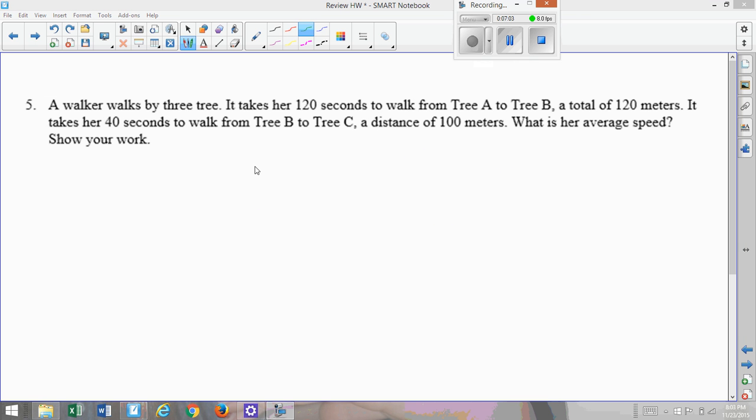Okay, a walker walks by 3 trees, it should say. It takes her 120 seconds to walk from tree A to tree B, total of 120 meters. It takes her 40 seconds to walk from B to C, distance of 100 meters. What is her average speed? Again,